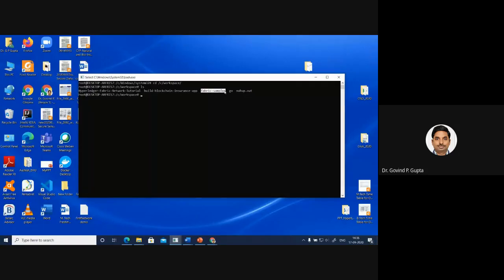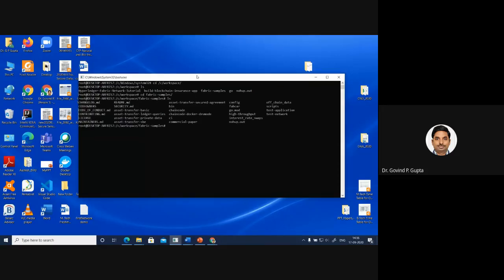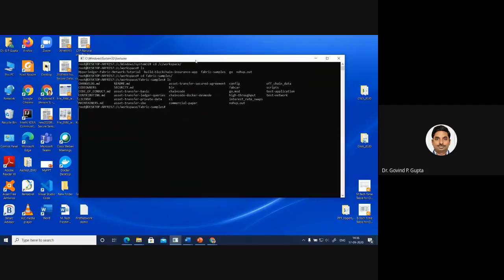Once it is installed, the folder fabric-samples is created by default. So simply go to the fabric-samples. Now you see in this, is the font clear?